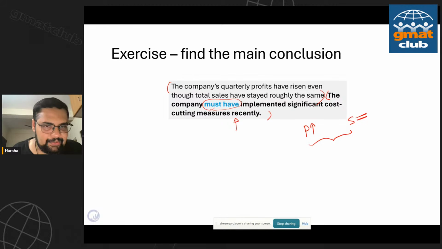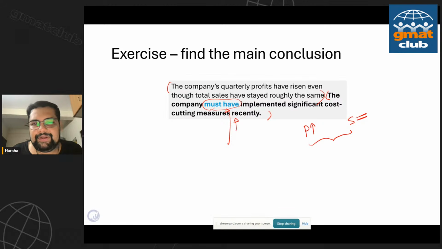So some of you did get this wrong. A lot of you did get it right. For those of you who chose one, is this clear? Do you guys see why sentence 2 is the actual main conclusion here? And what for me is really a pretty good clue is when I see that must have, right? If must have wasn't given, would the first line have been the conclusion?